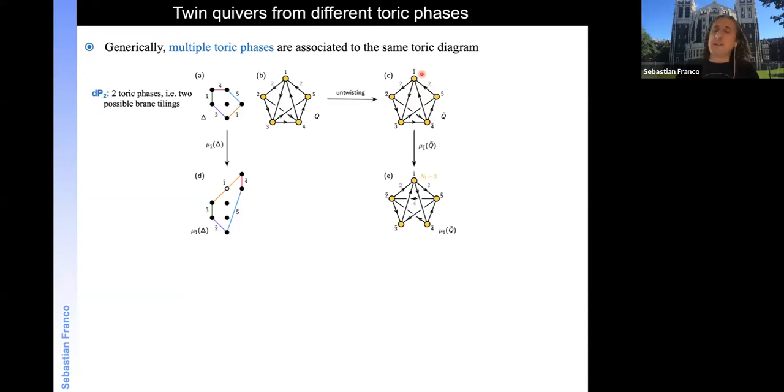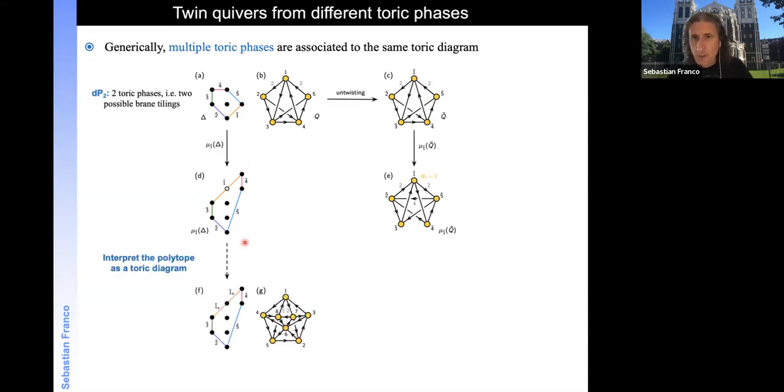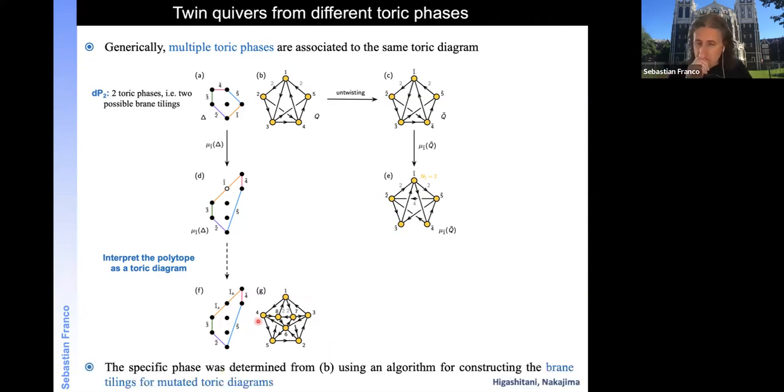So now say, okay, let's build it in another way. Let's first think about this polytope as a toric diagram. Let's construct the corresponding brane tiling. It will give rise to a much larger quiver. Right now you have 8 gauge groups. This is a quiver. This toric diagram has multiple phases that you can associate here. We picked a specific one, right? And the specific one was